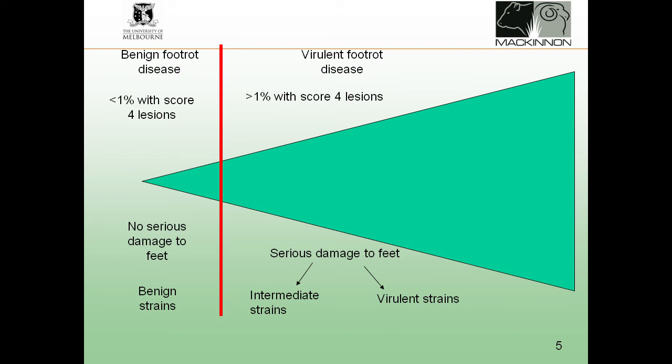In terms of the cut-off, and I'm going to talk about foot scores after we split up, ultimately if you've got more than 1% score 4, under ideal conditions, that's a strain which is likely to be virulent, and if it's only up to 1% score 4s, we generally term it benign. But you've got to recognise that if it's really dry and you see lots of score 4s or a few score 4s, you've got to be a bit wary that when conditions get worse, it might be a lot worse, okay? So just recognise the background environmental conditions when you're making that assessment.